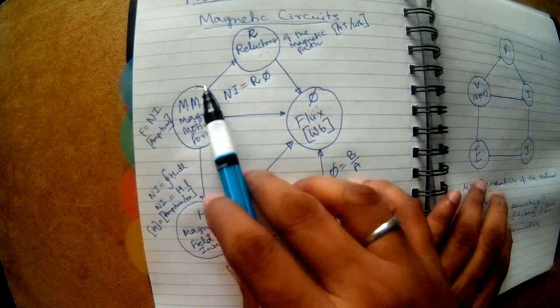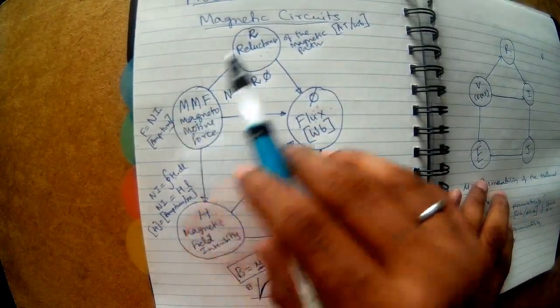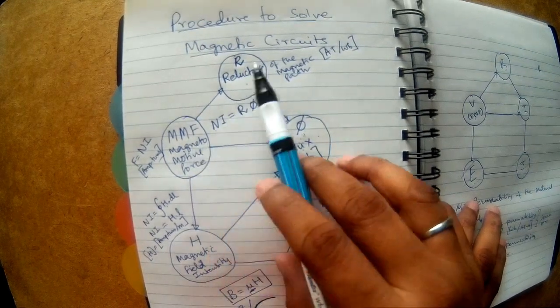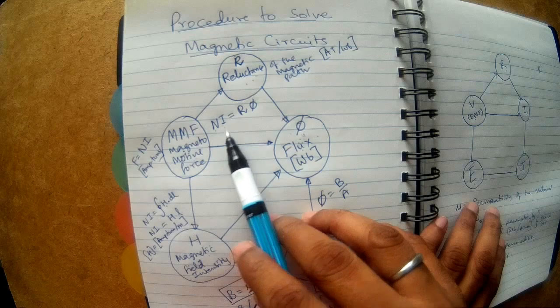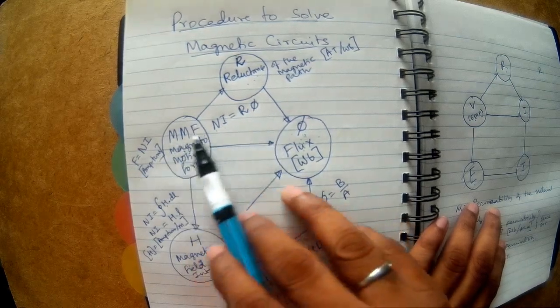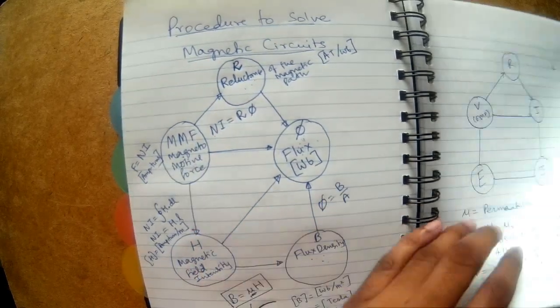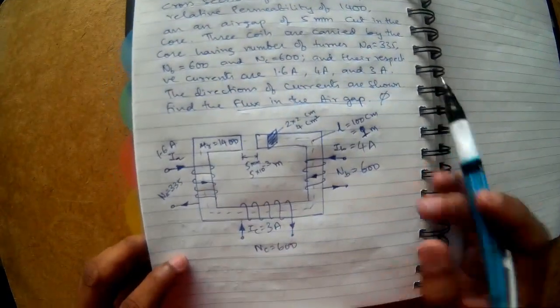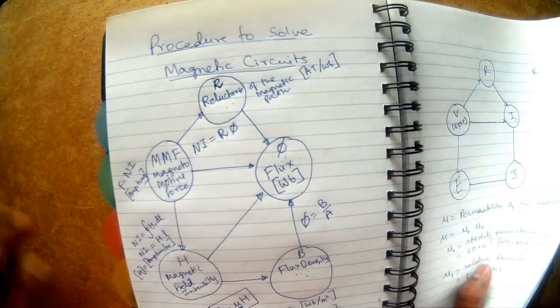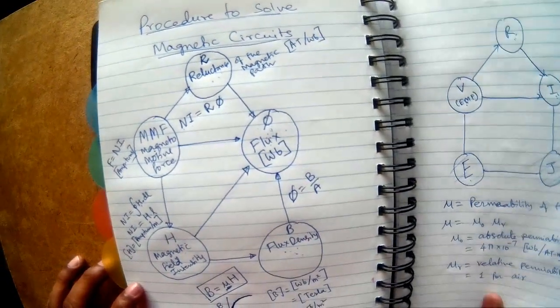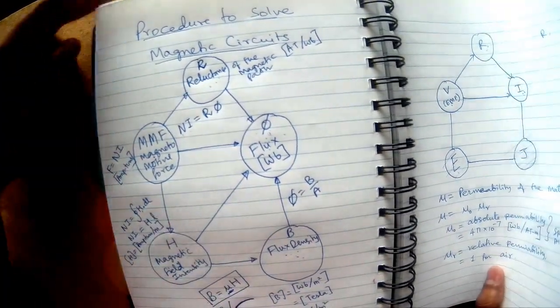So what are the steps in solving the problem? First is to find the net ampere turns. Next one is to find the net reluctance. Then I have ampere turns and reluctance. So if I divide ampere turns by reluctance, I will get the flux. So let's get starting. So let's find the MMF first. Okay? Or we can also find the reluctance first, whichever you feel it is easy. So maybe since we have been doing reluctance, so let's calculate the reluctance first.